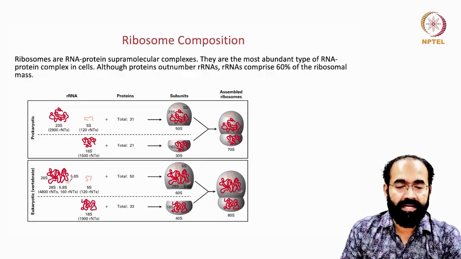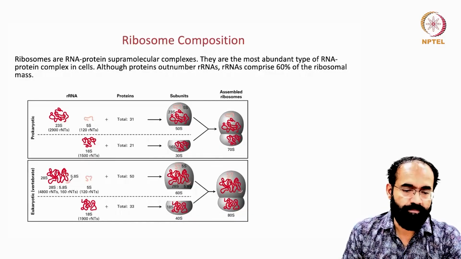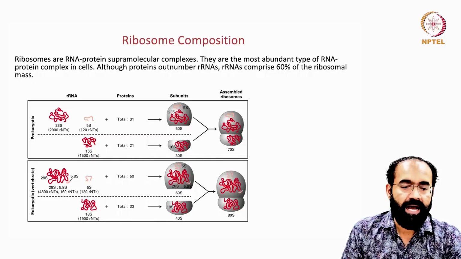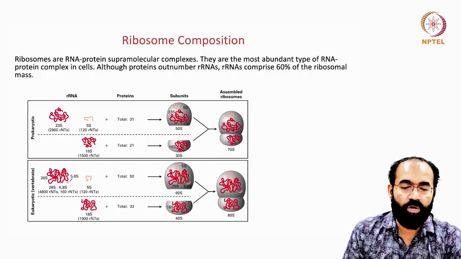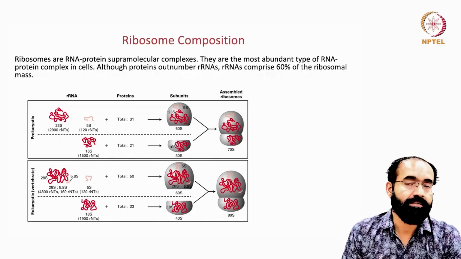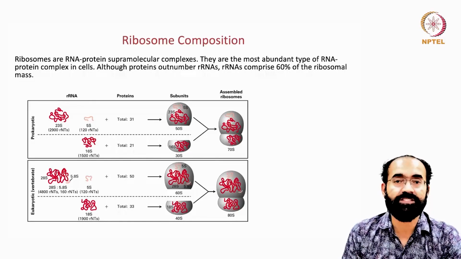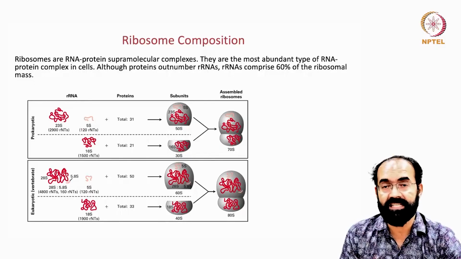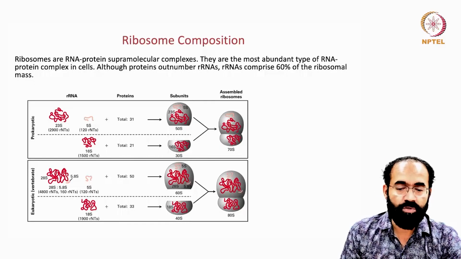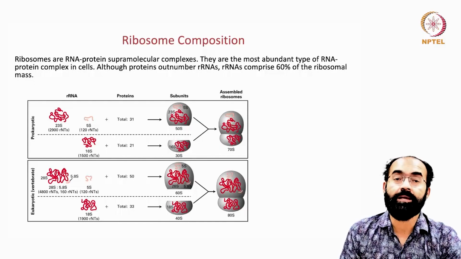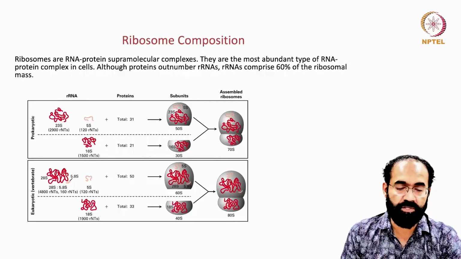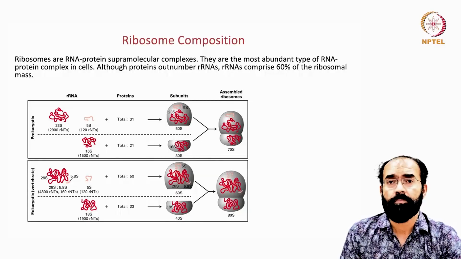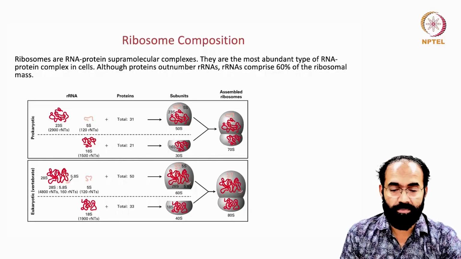So now let us see the ribosome composition. Ribosomes are RNA-protein supramolecular complexes. We have seen ribosomes from the beginning of this RNA biology course as a classic example. They are the most abundant type of RNA-protein complex in the cells, accounting for a significant proportion of the total RNA. Although proteins outnumber the ribosomal RNAs,